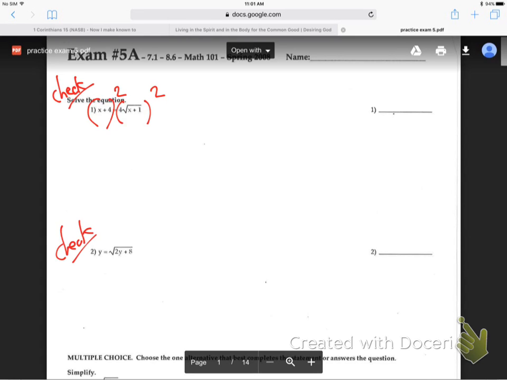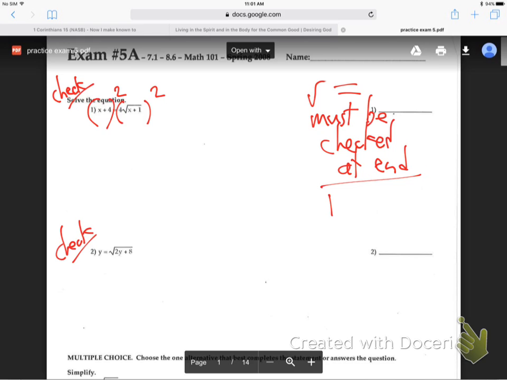When I get the exam today in an hour, I would look through real quick, and any problems that have a root with an equal sign. You've got to have both of those things. A root with an equals must be checked at the end, right? Remember, you plug in the answer to the original and see if it's true or false. Plug answer into original,